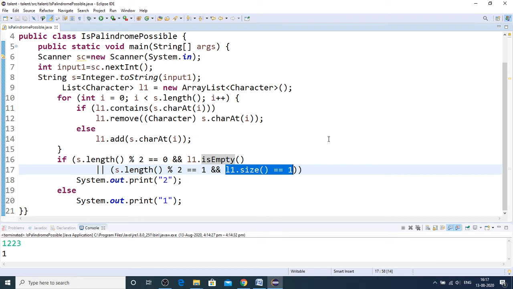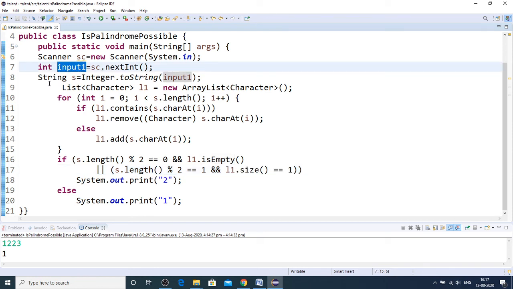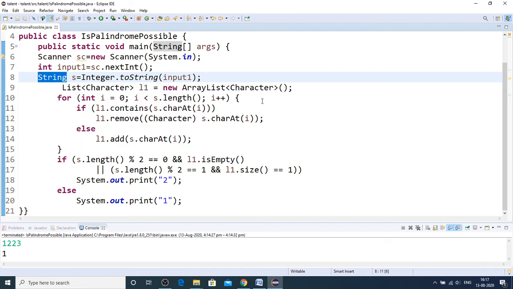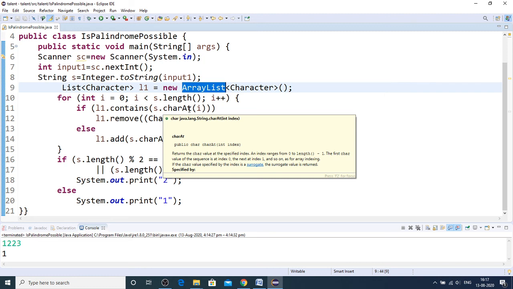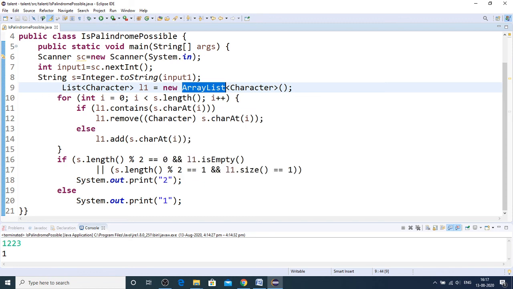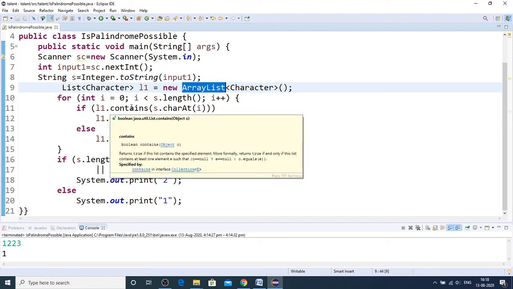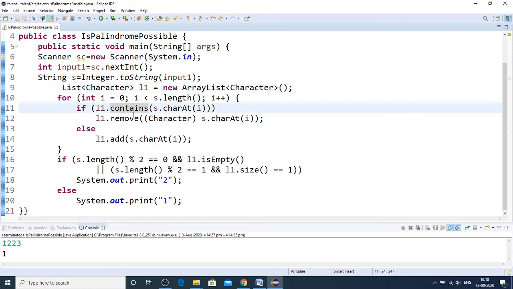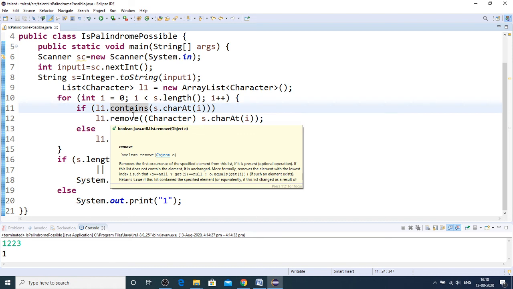So this is the simplest logic that we can do by converting the given integer input to a string, and then using a list array of characters, we can check each and every character, which is nothing but the digit converted to a string. If it is contained, then we are removing it, otherwise adding it to the list.